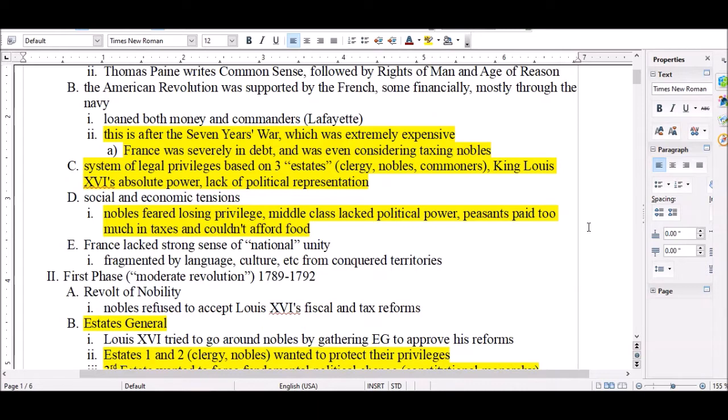Then a few years later, he'll end up writing a lot more stuff, but the two really big ones that he writes are Rights of Man and Age of Reason. Rights of Man is dealing with how basically the French ought to get rid of their monarchy, and Age of Reason dealing with his beliefs on religion and how we shouldn't be Christian or Muslim or Jewish or that sort of stuff. He's going to argue against that. In fact, he's going to be one of the driving voices behind the creation of deism, which we mentioned in the Enlightenment chapter.